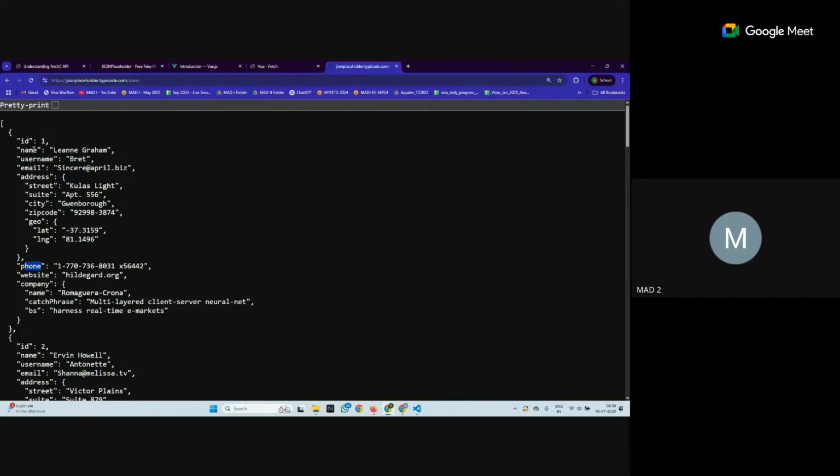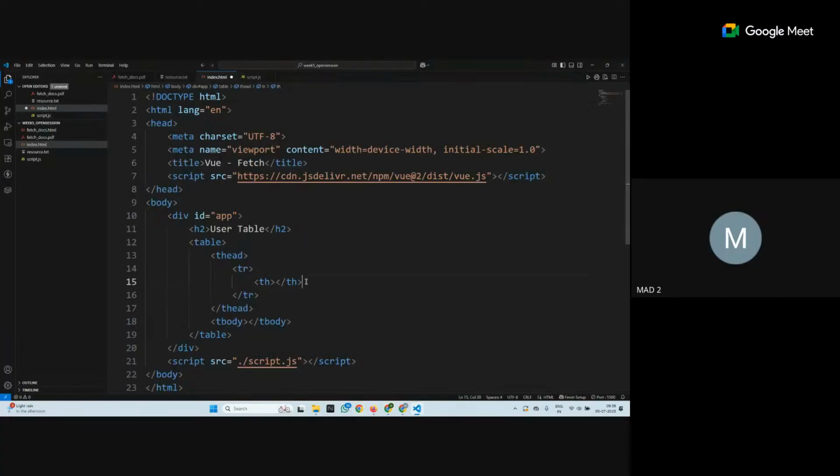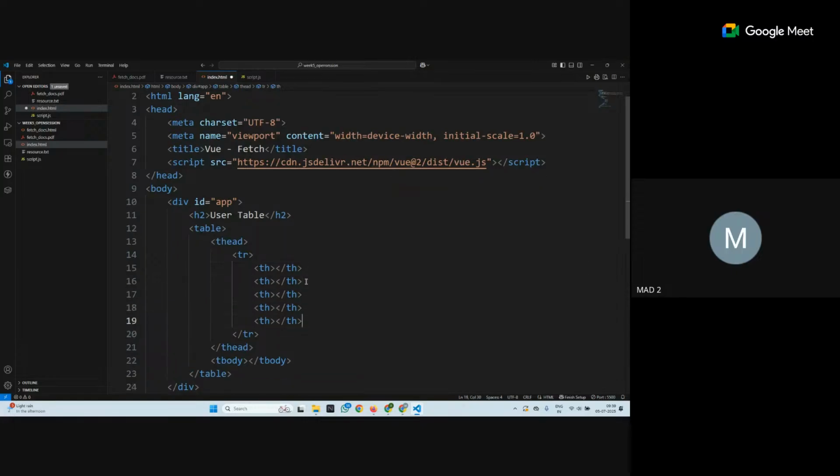So if I want to retrieve that data, and from that data display the name, username, email, phone, and website, how do we do that? I'll go to my index.html. How many fields are there? 5, I think: name, username, phone, email, website. Okay, 5. So name,